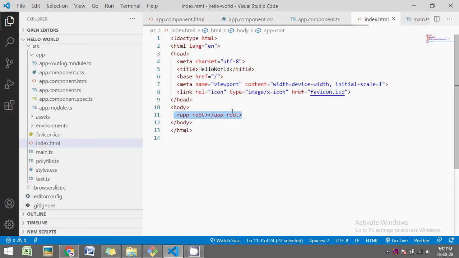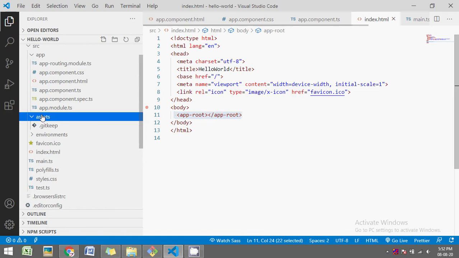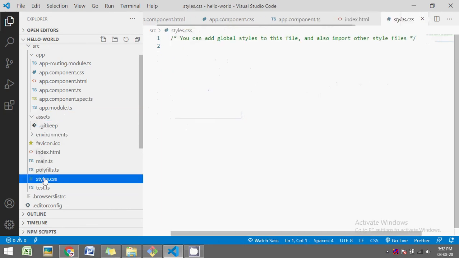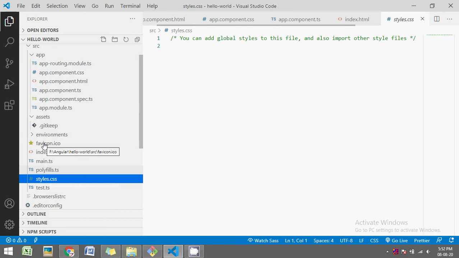There are a few files remaining. Let's look at those quickly as well. Assets folder. The assets folder contains all images and other assets of the application. The styles.css file. This file contains all the global CSS which you want to use globally, not specific to any component.